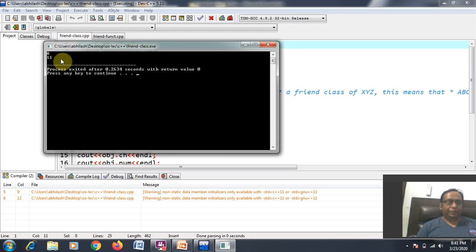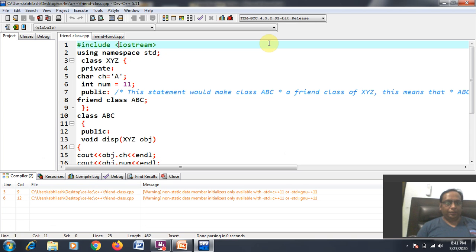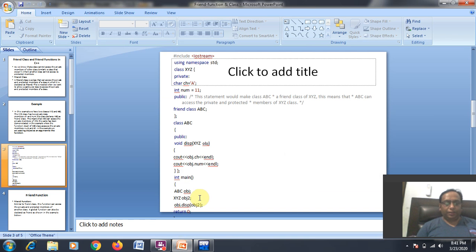So by using the friend keyword, a class can access all the private and protected members of the same class in which the friend class is declared. Fine, I hope you can understand this by program or by its theory. Now come to the next point. The next point is